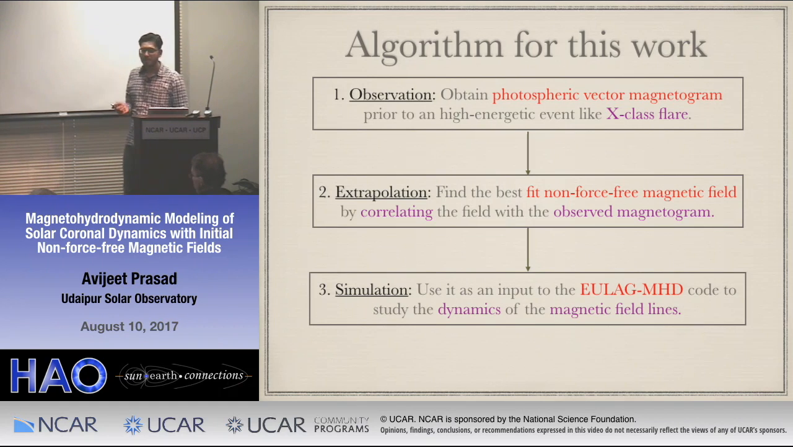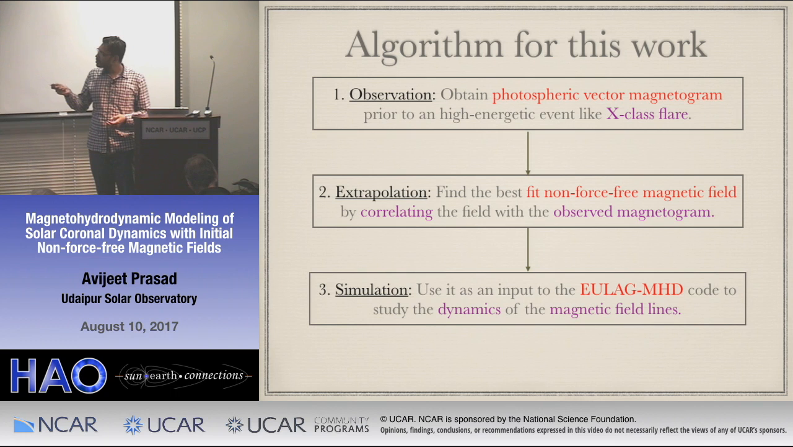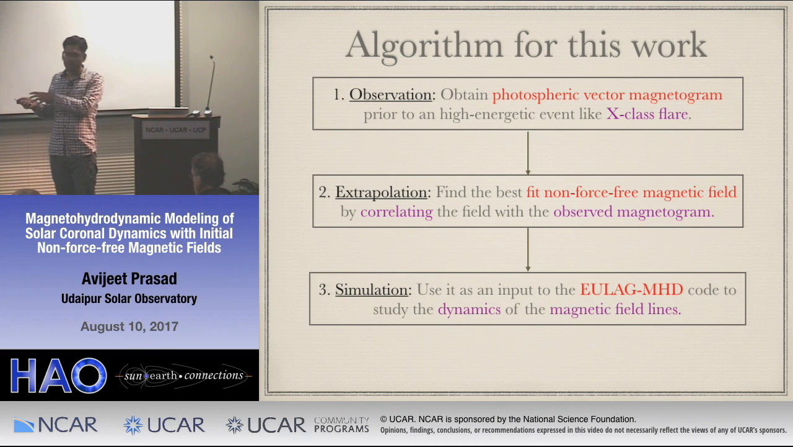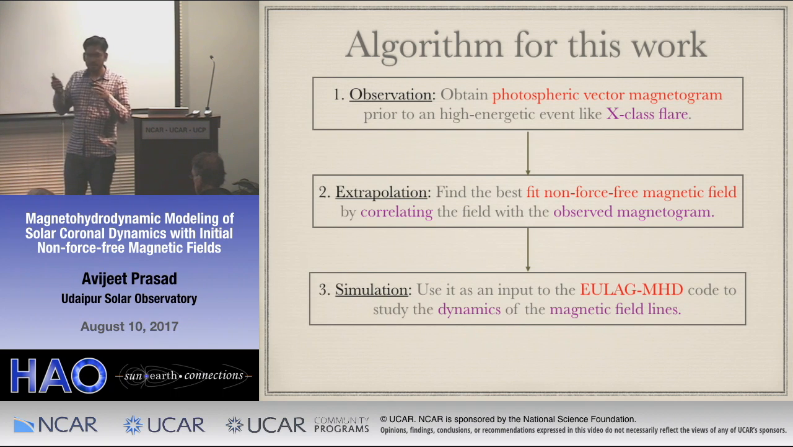Basically, we do not have information of the coronal magnetic field. What we do have is photospheric vector magnetograms. So, we obtain such magnetograms from observations prior to a high energetic event like an X-class solar flare, and then we use a model, in this case a non-force free magnetic field, to extrapolate the magnetic field for the entire coronal volume. Here this is done by first finding an analytical solution for the non-force free magnetic field and then correlating with the observed magnetogram. Finally, once we have the input for the entire coronal magnetic field, we can use it in a MHD code to simulate